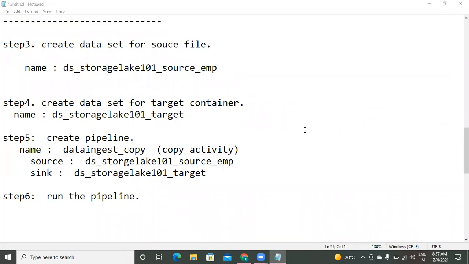Once loaded, then start working. Of course, here in this example, our source is a data lake and the target is also a data lake. But generally, the source is on-premise and the target is a data lake. First, using copy activity, you extract the data and dump it to the data lake. Then next onwards, run the data flow pipelines.